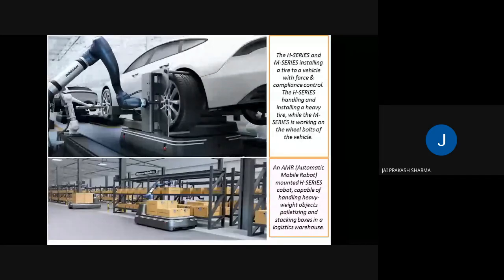Also, in the lower image you can see that if you want to arrange a package of a specific size or a specific weight, with the help of these robotic arms you can perform such operations efficiently and without the interference of human beings. So this is just an application of robotic arms. There's one more